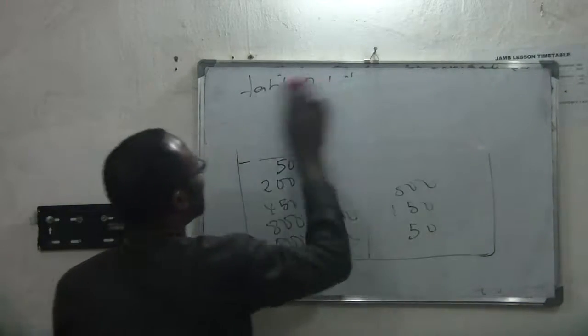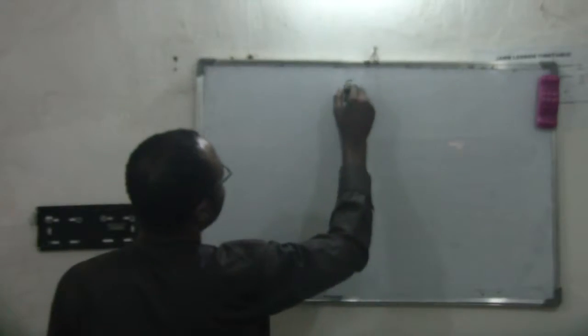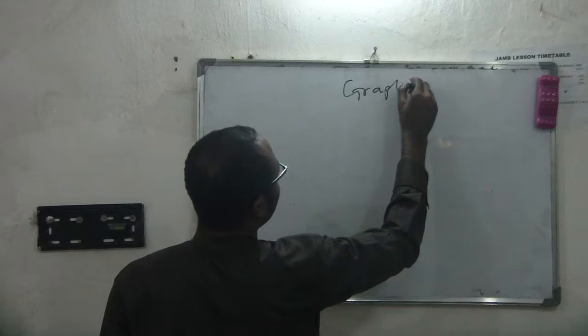Now we look at another tool, and that tool is graphs. Look at another tool known as a graph. What is a graph? What are graphs? This is a diagram showing functional relationship